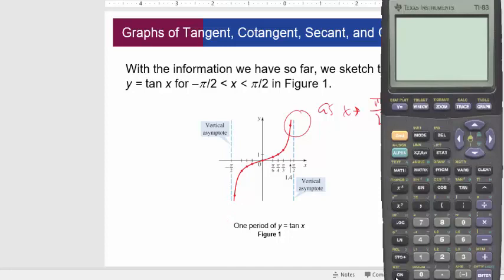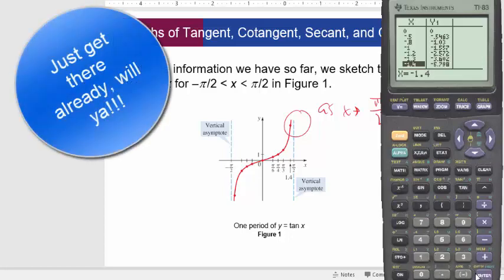So what we can do is we can actually show this on the calculator if we want with the table. All right, so at 0, tangent of x is 0. But then when you go to negative 0.5, it's negative 0.5463. Now negative 0.8, it's negative 1.03. Negative 1, it's negative 1.557. Negative 1.2, negative 2.572. Negative 1.3, negative 3.602, getting even bigger, negative 1.4, negative 5.798, negative 1.5, negative 14 about,